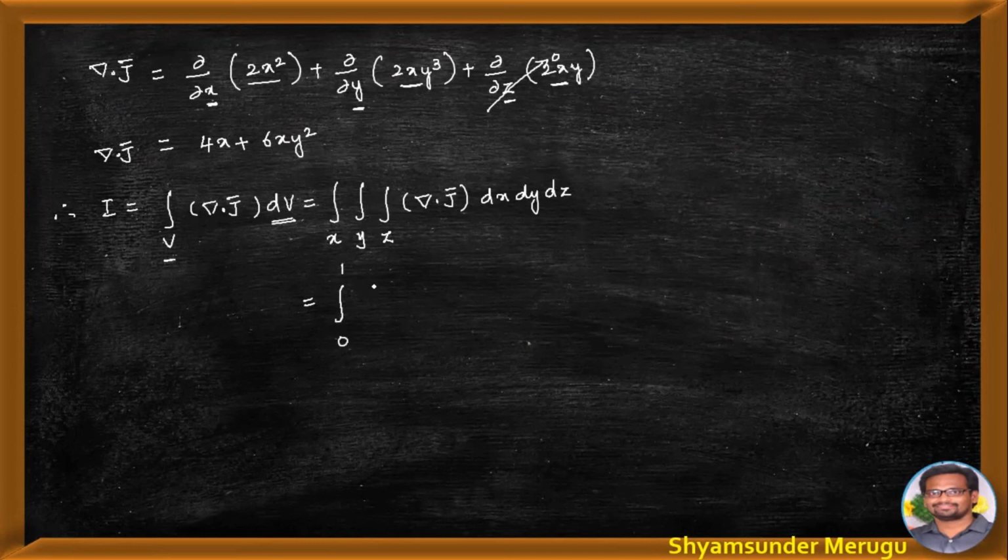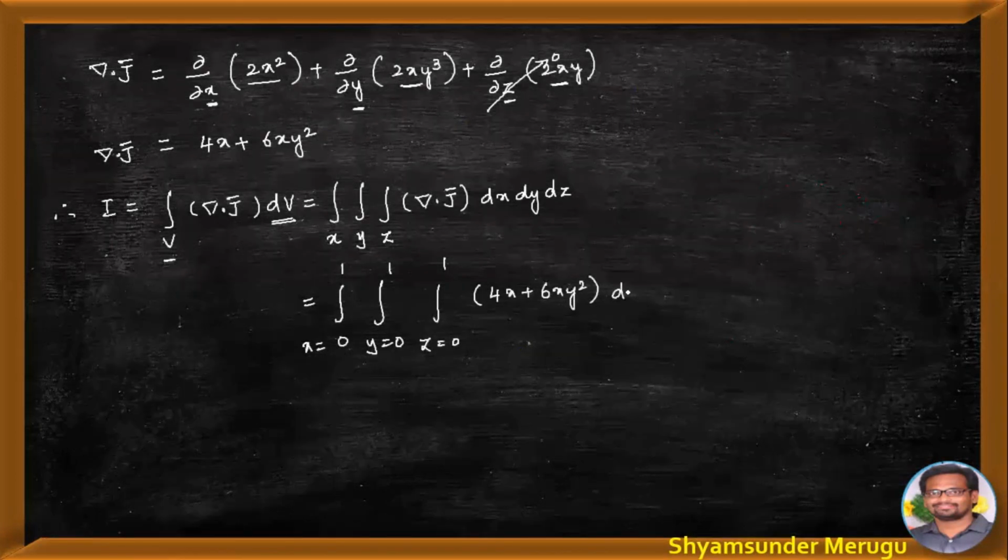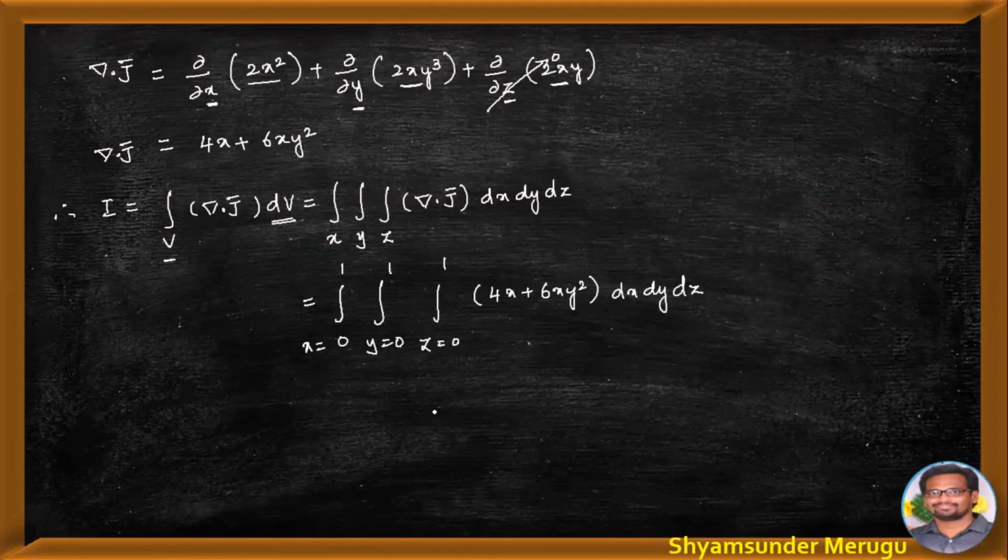So x takes 0 to 1, y also takes 0 to 1, and z also takes 0 to 1, and del dot J bar that we obtained as 4x plus 6x y squared, and it is dx, dy, then dz. Now integrating this with respect to x and substituting the limits for x,